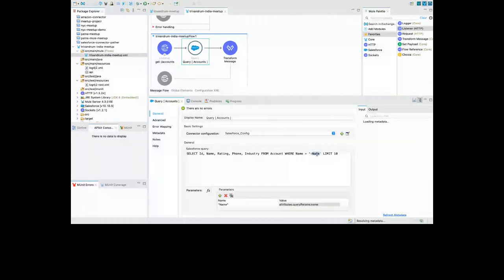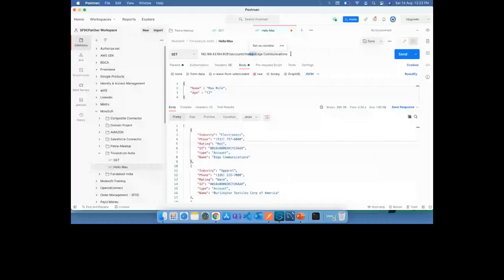Once you are done, you can just go ahead and save it, and see if the console is ready. And once this console is ready, we can just try to see if that API also works or not. So it's done here. We'll try to make the call and we'll see if there is any error. Okay, we got two records, right? Because there are two records with the same name as communications, and we got both of them. So that is how you can make the selective query as well.